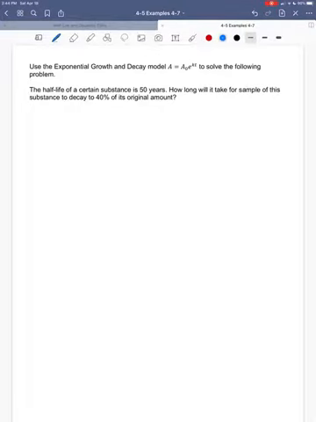We're going to use the exponential growth and decay model to solve this problem. The half-life of a certain substance is 50 years. How long will it take for a sample of this substance to decay to 40% of its original amount? So